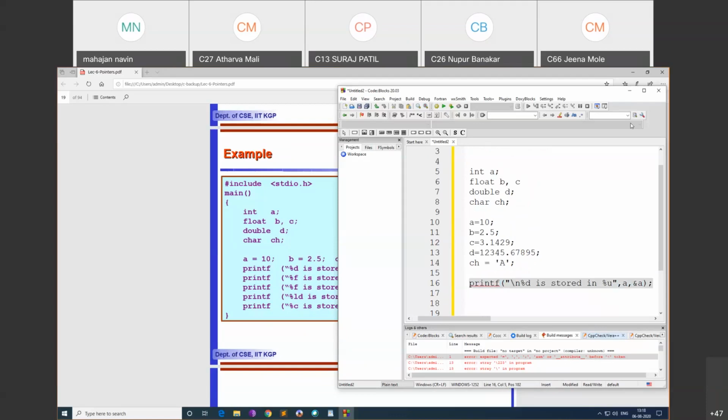Okay, I'll copy this one. Now I'll say %b is what? It is a float, so it should be f, and the same thing here, f and f. It is b, the second variable is b.